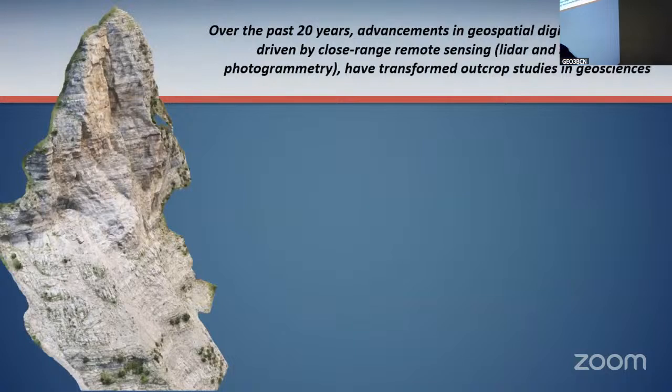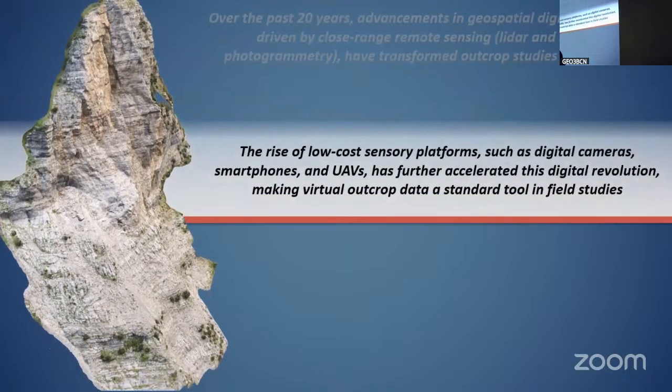Okay, so just to sum up a little bit the story of close-range remote sensing in the last 20 years. The advent of LiDAR and structure from motion has essentially prompted the use of virtual outcrop modeling in geosciences for at least 20 years. The rise, particularly, of low-cost sensory platforms such as drones, smartphones, and reflex cameras have further accelerated this digital transition in geoscience, making virtual outcrop models essentially a standard in the study of geological